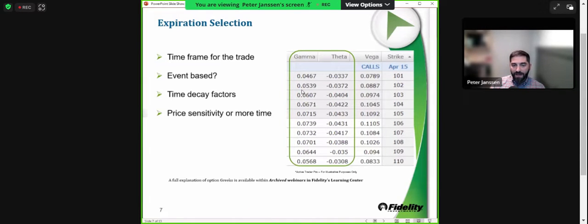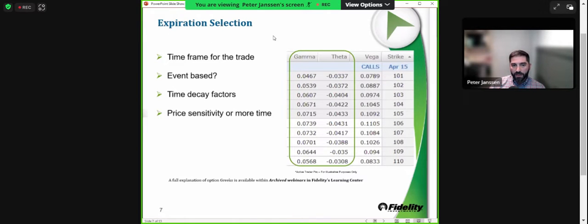Gamma, folks, is just the effect on delta for that change. So what makes those deltas go from the 50 at the money to the 99 for those deep in the monies we were talking about? That's gamma. That's kind of the I guess push or pull getting delta either to or approaching one, or down to or approaching zero. So when it comes to strike selection, we just talked about that.